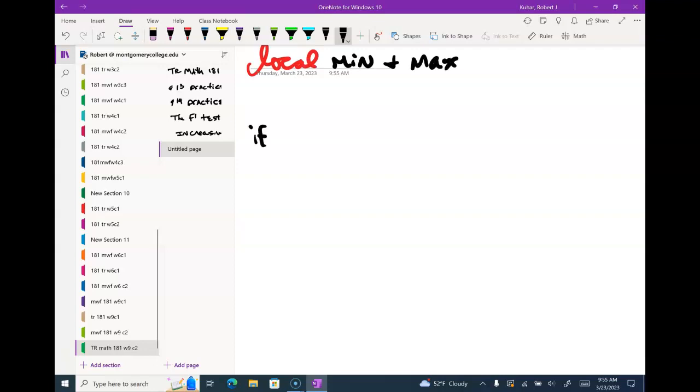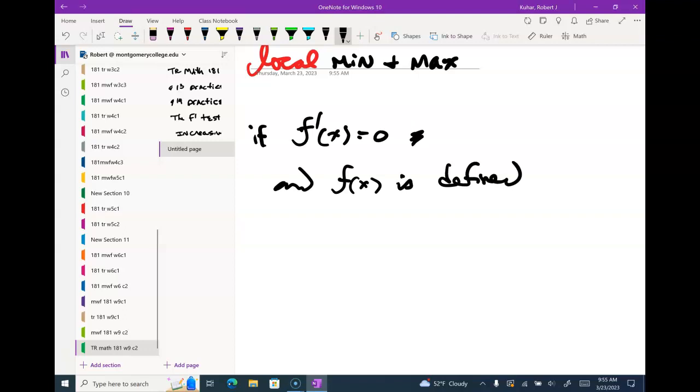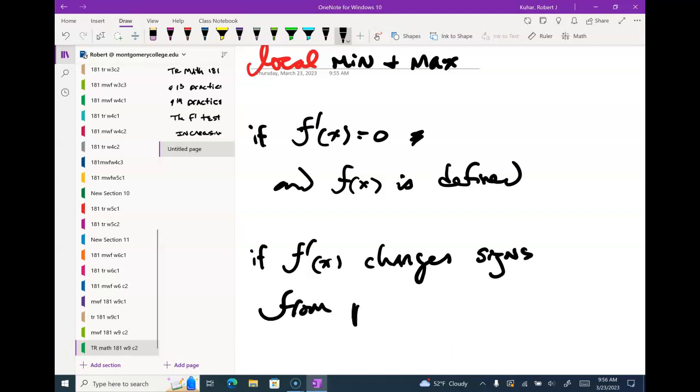If f prime of x equals 0, and f of x is defined, if f prime of x changes signs from positive to negative,